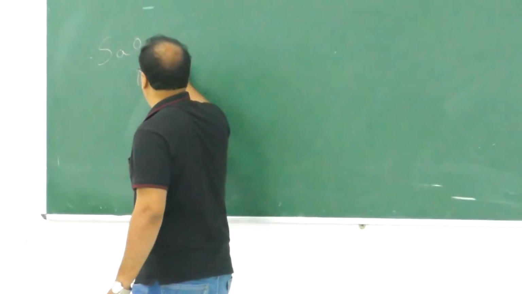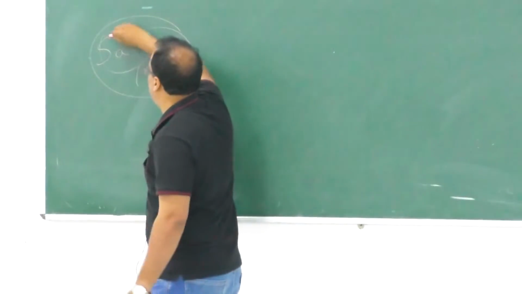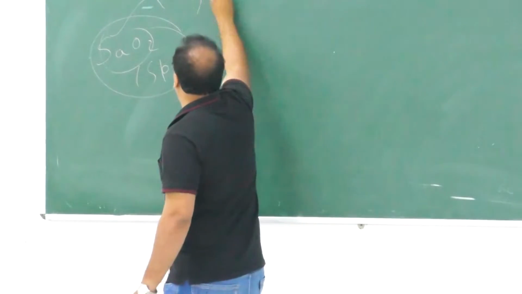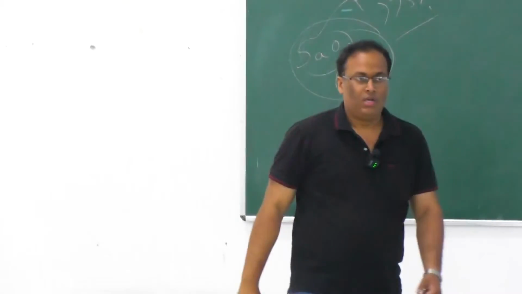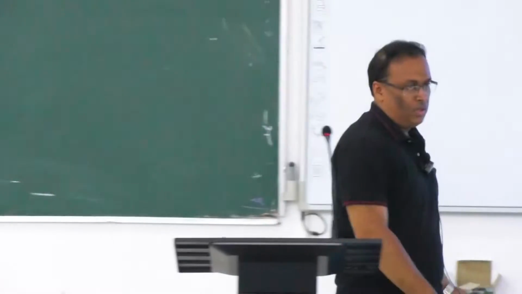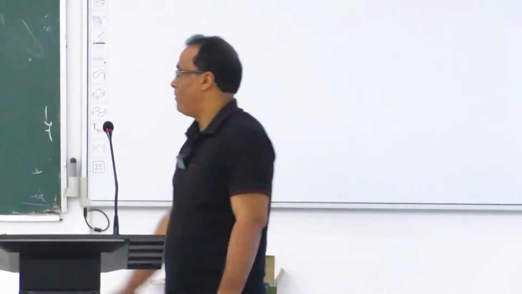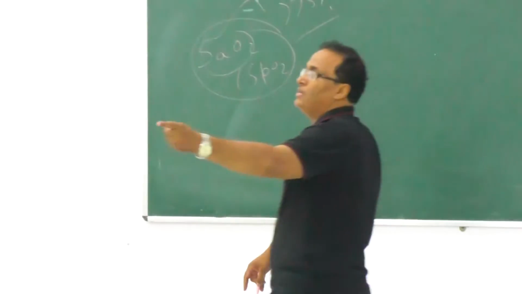SaO2 or SpO2. Around more than 95%. Not exactly for everyone, but it is above 95. Some have 100, no problem. So to maintain this type of saturation, the gaseous exchange at the level of alveoli is